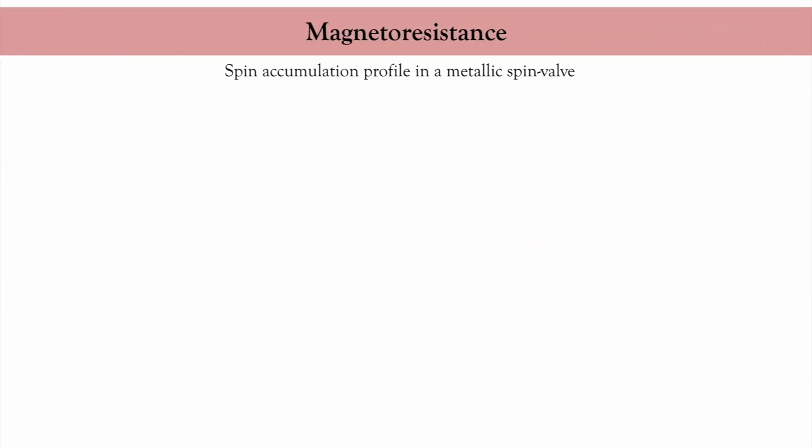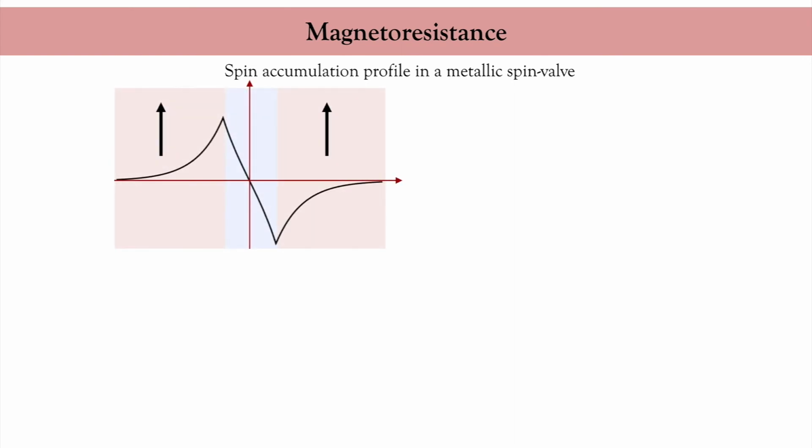We have seen how spin accumulates at interfaces and how ferromagnets can be used to create spin-polarized currents. Now let's consider a device made of two ferromagnets separated by a non-magnetic metal. This is called the spin valve. On the left diagram, I represent the typical spin accumulation profile when the magnetizations of the two ferromagnets are parallel